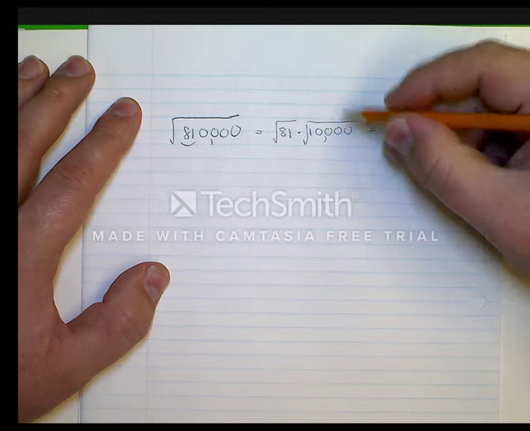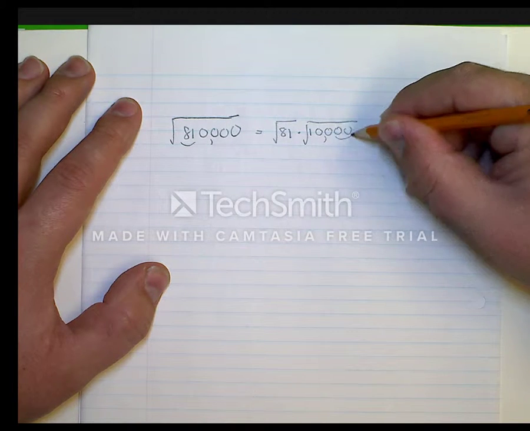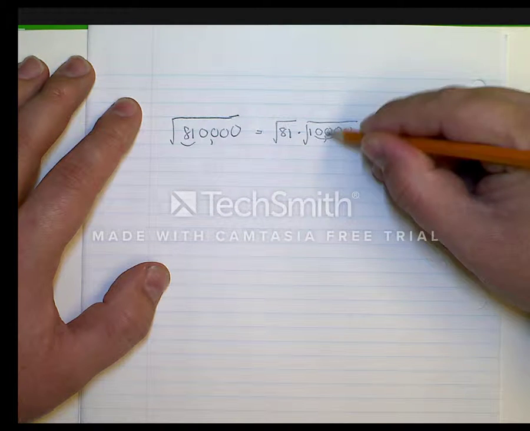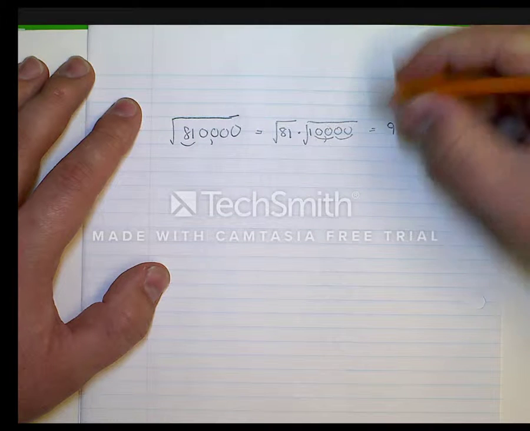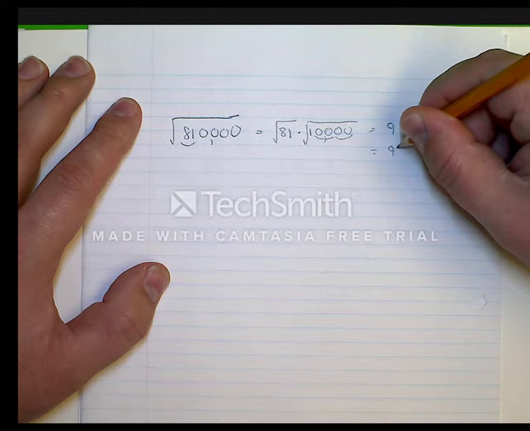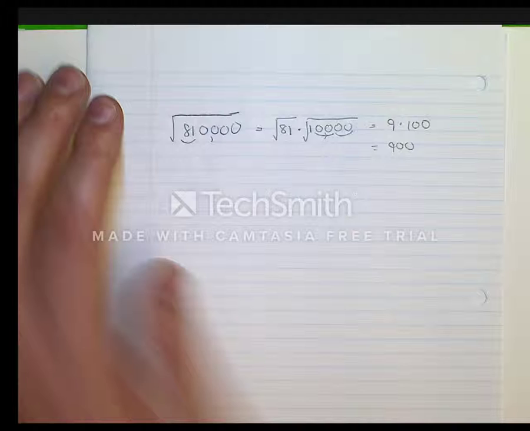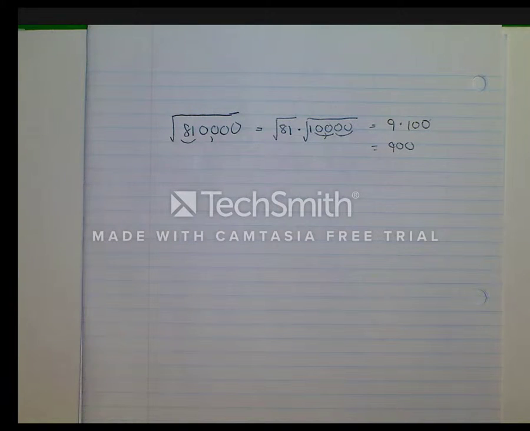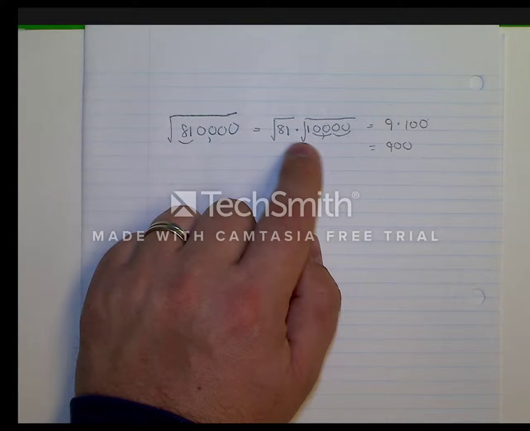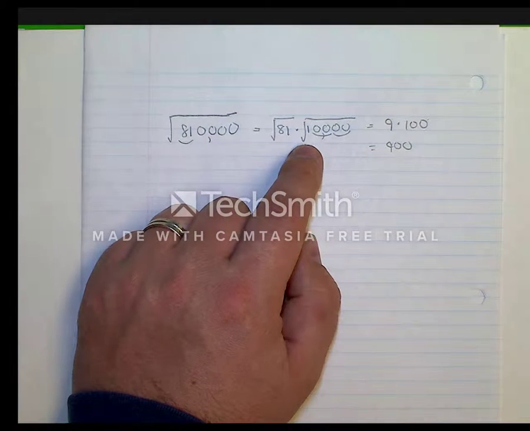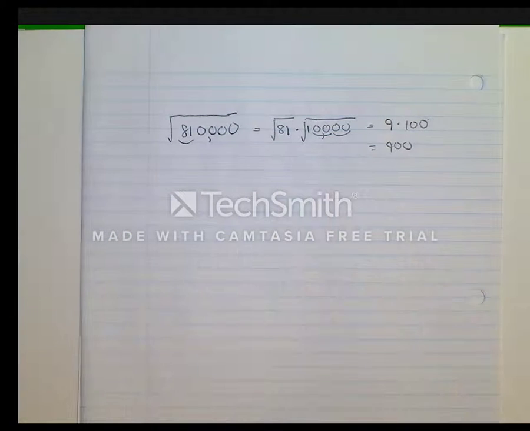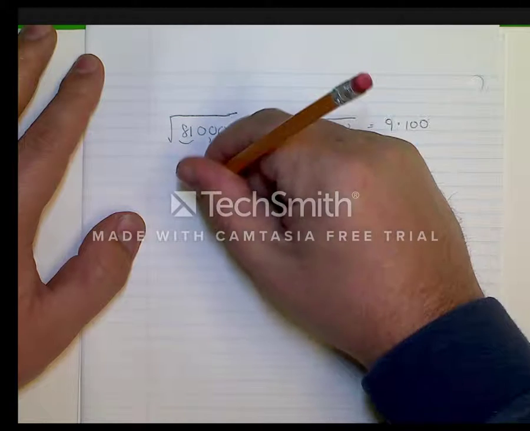The nice thing about powers of 10 is that you can literally just group the zeros together to say these two zeros become 10, these two zeros become 10. So we get a final answer of 9 times 100, or 900. So we're able to take the square root of a large number by separating it into two perfect squares, taking the square roots of those individually and then multiplying them back together. We're going to use this to approximate a much larger square root that's not going to be taken from a perfect square. An example of that is this: